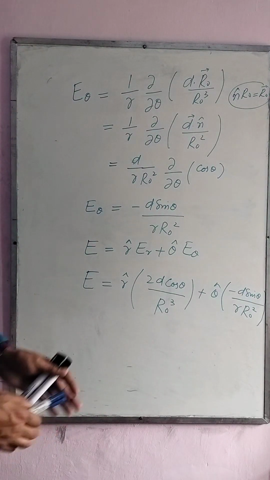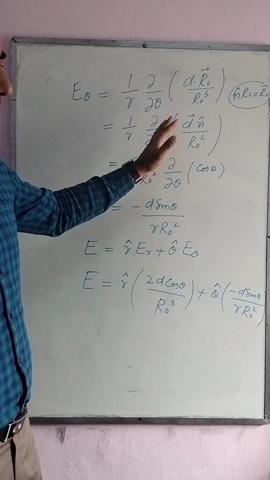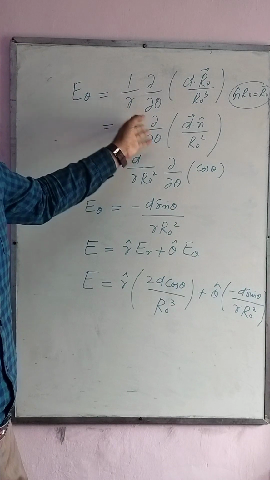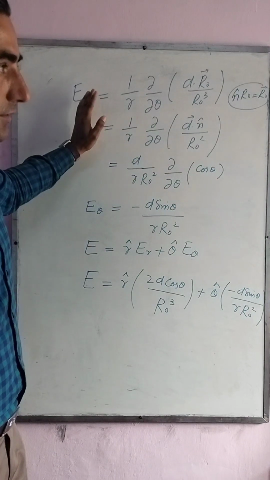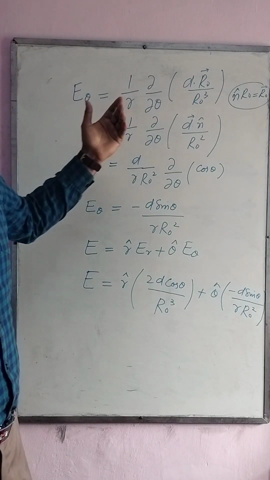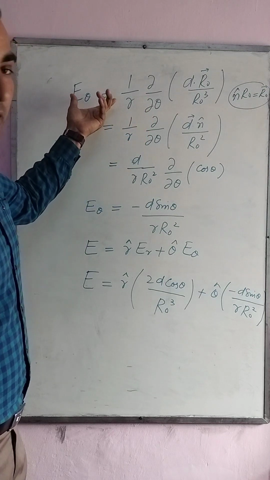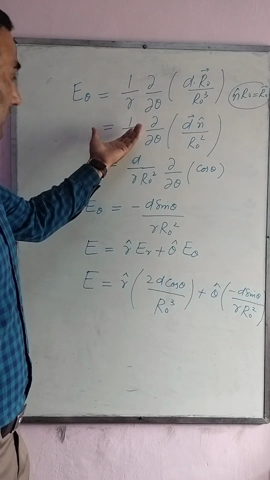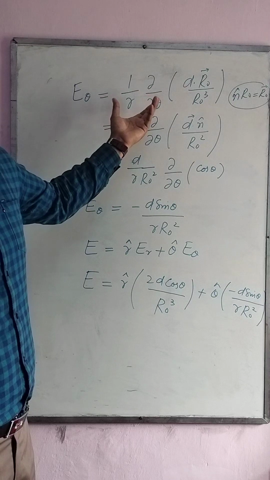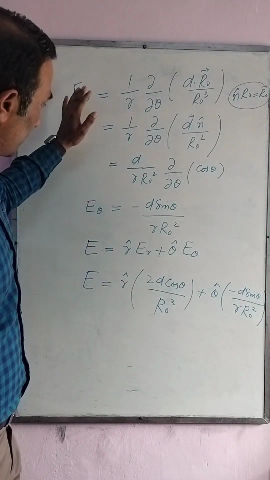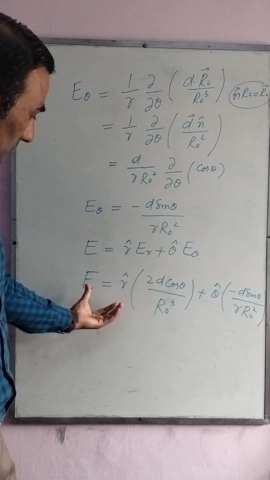So finally we have calculated the electric field intensity. We first calculated the potential at some point P, then we calculated the electric field intensity, right? And we have also seen that if you use spherical polar coordinates, you can calculate the field intensity along theta and phi, and the total field will be